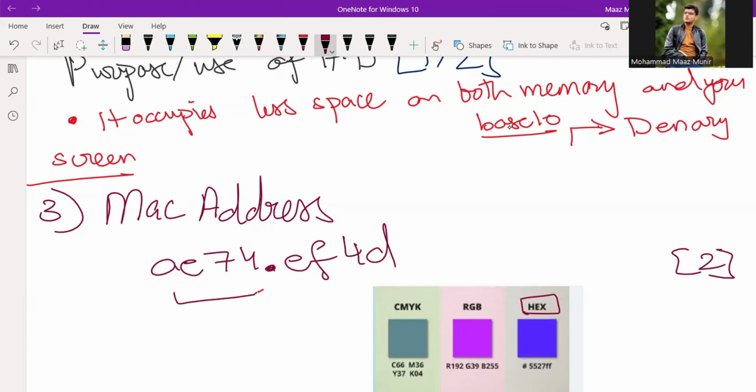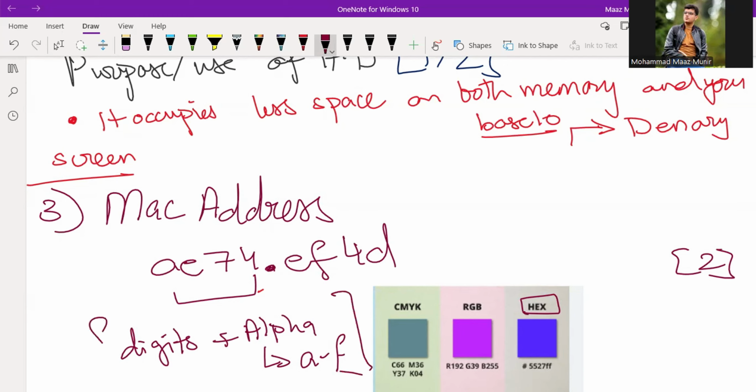And so again you see you have digits and alphabets, but the alphabets are only from A till F. Now, wherever you see digits and alphabets from A to F, just get to know that yes, this is a hexadecimal code. Now, this question hasn't been tested up to this very moment, but let's say they give you a